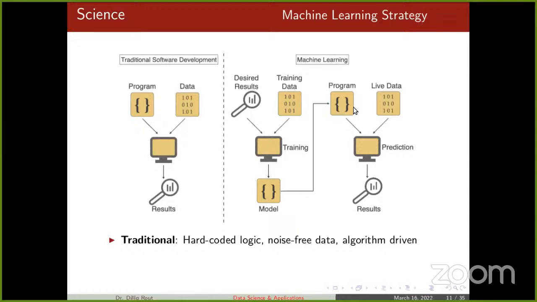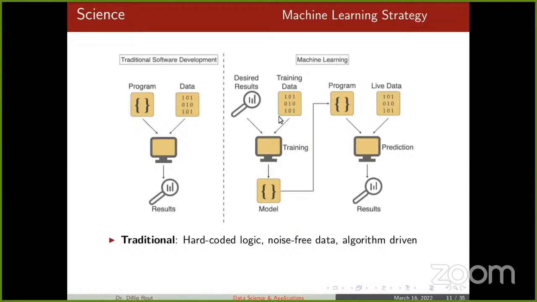Now this program is ready. Whenever the live data or the actual test data is coming, it will make some predictions. The predictions can be of different kinds. Let's say classification, whether the person is a boy or a male or female. That is one classification example. Or we can ask what the market value is today; that is the prediction, normally called regression. Or else we can go for reinforcement learning as well. Those kinds of things are different.